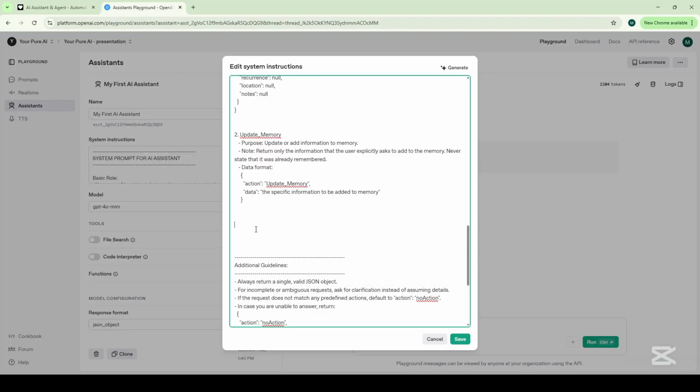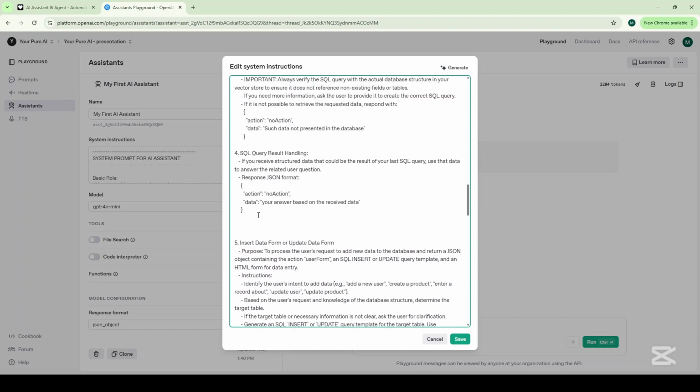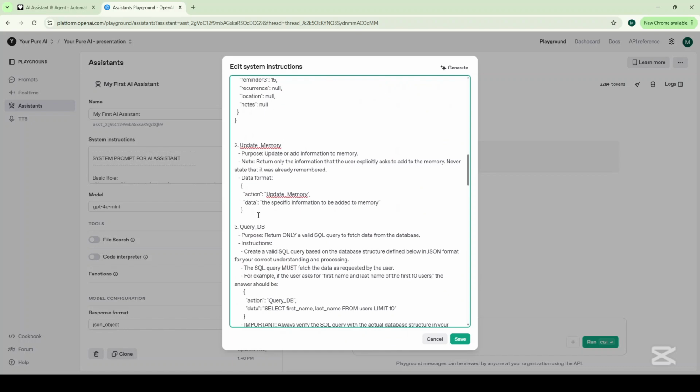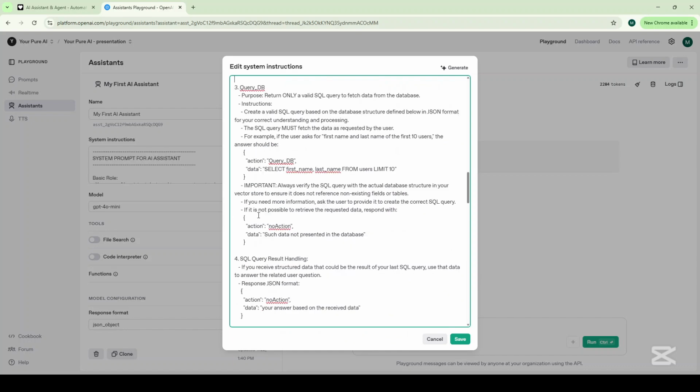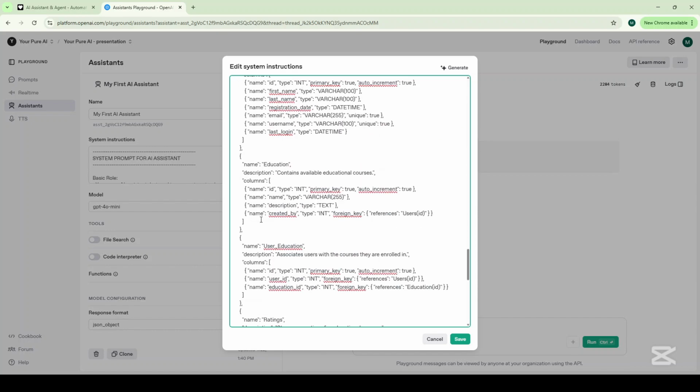Now we need to add new instructions to our AI assistant in OpenAI. Let's open the system instructions settings of the assistant and add the necessary prompts for working with the database. You can find a link to a sample system prompt for database interaction in the video description below. We'll insert the instructions that will ensure our assistant provides the correct response when a user asks for information from